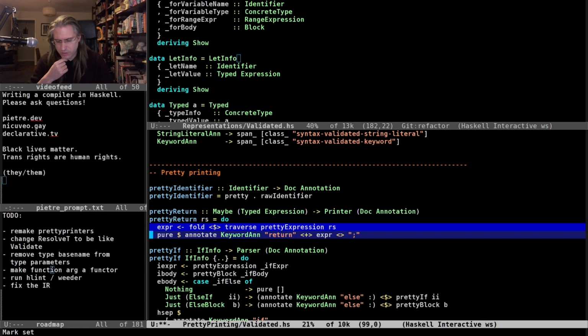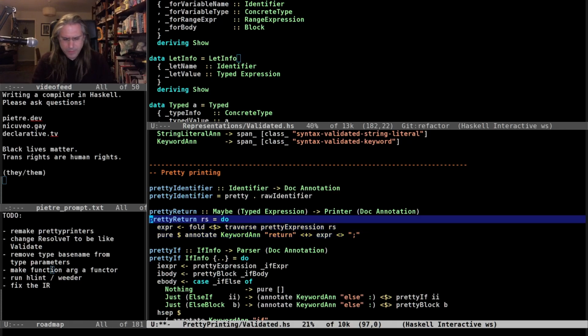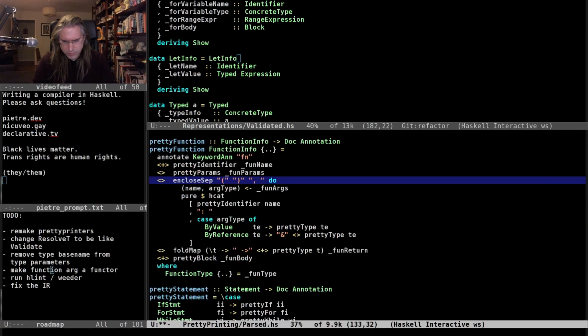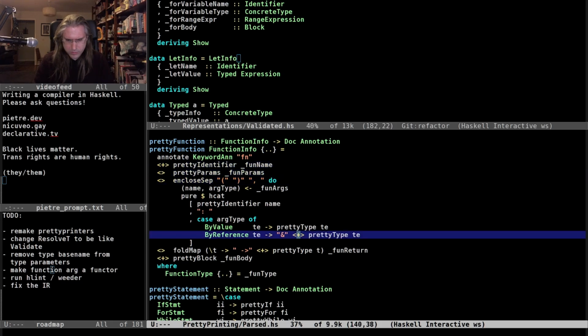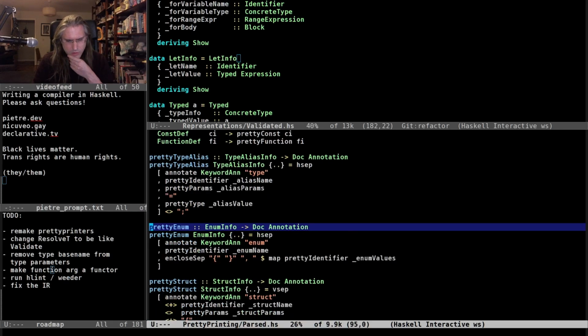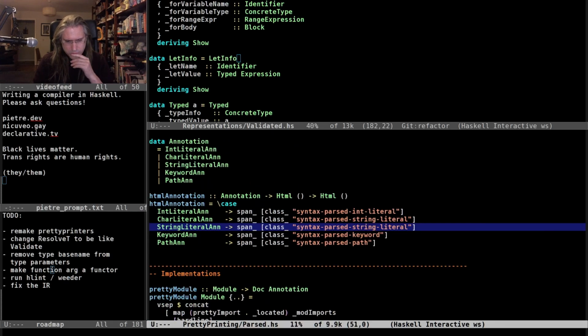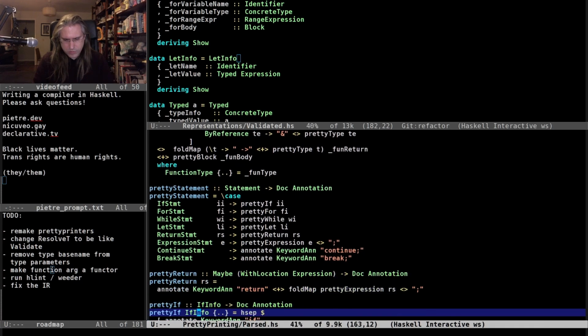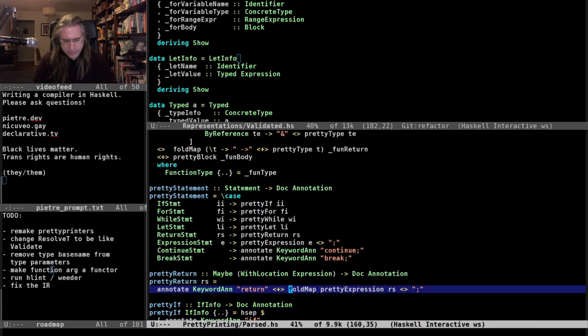Wait, that's wrong. That's wrong in both cases, actually. For return here, we don't want to do that.